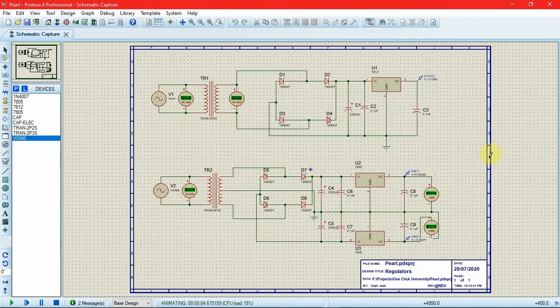Oh, and also, did you notice the schematic master sheet over here? It has changed from the last time that I had demonstrated, right? So we'll be learning this too on the way to making our regulator circuit. So let's start with it. Let's stop the simulation first